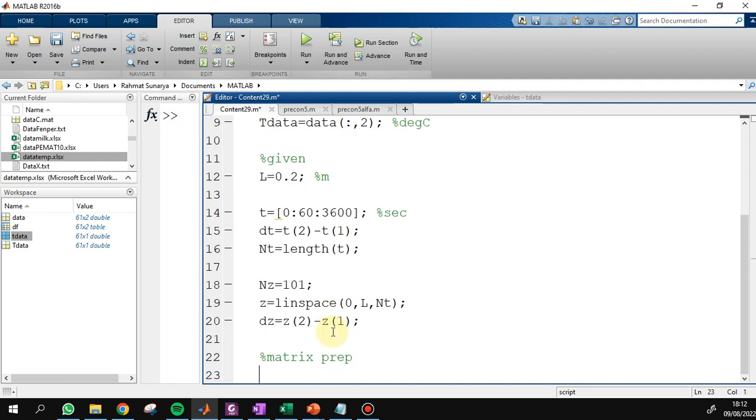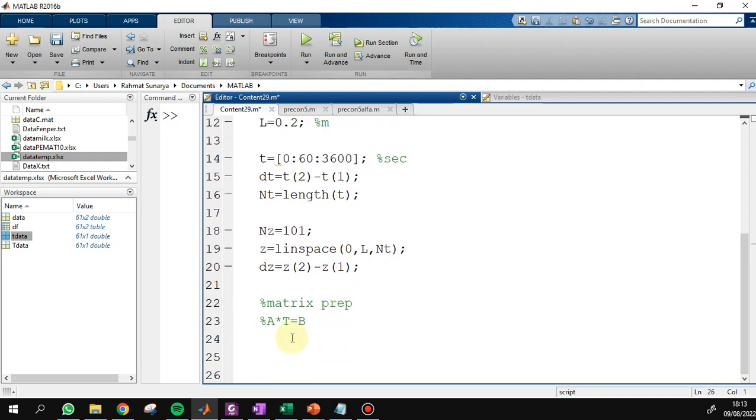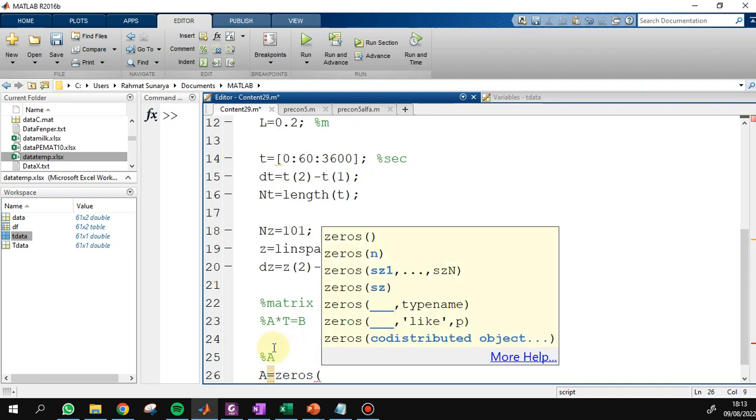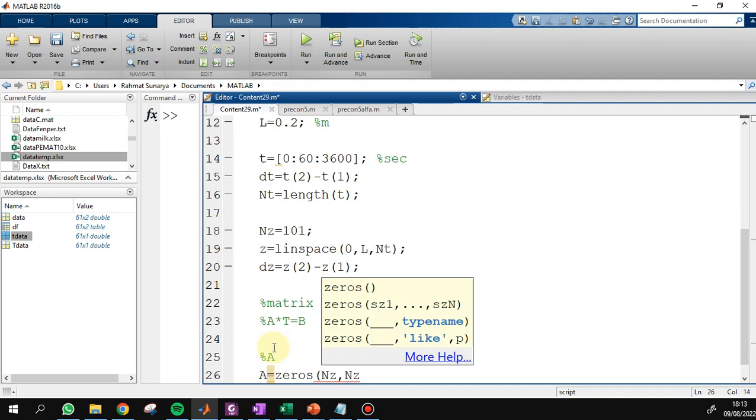Matrix preparation: we have A multiply T equals B. First we prepare the A matrix, A zeros. A is the coefficient matrix, so zeros with NZ by NZ.